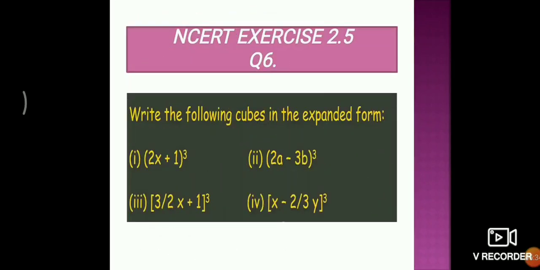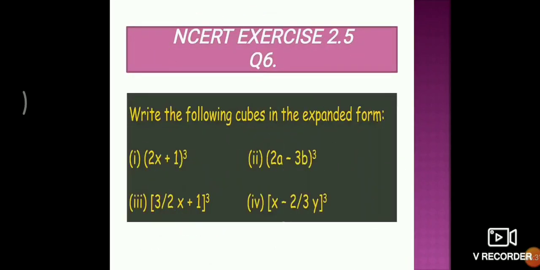Again we need to check the sign of a, b and c. For sign, see, this first term is negative. If the first term is negative and the last term is negative, this is also a negative term. It means what is the common term in this first and the last term? Think about it, which term will be common? The first is written as a into b, the last is written as a into c. So a is common, it means the negative will come with the a term.